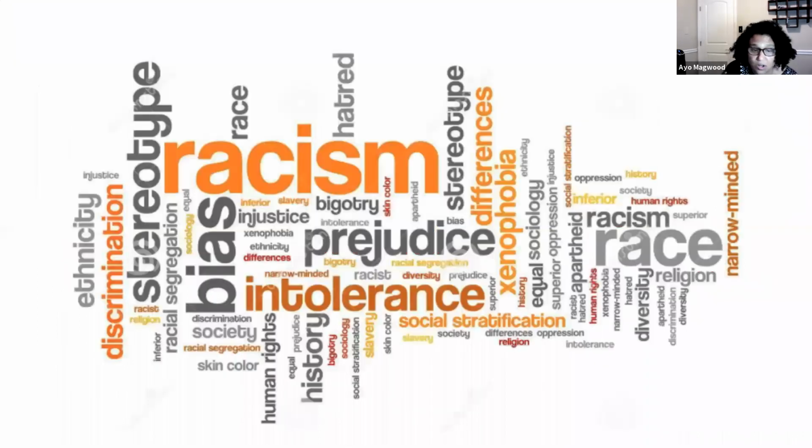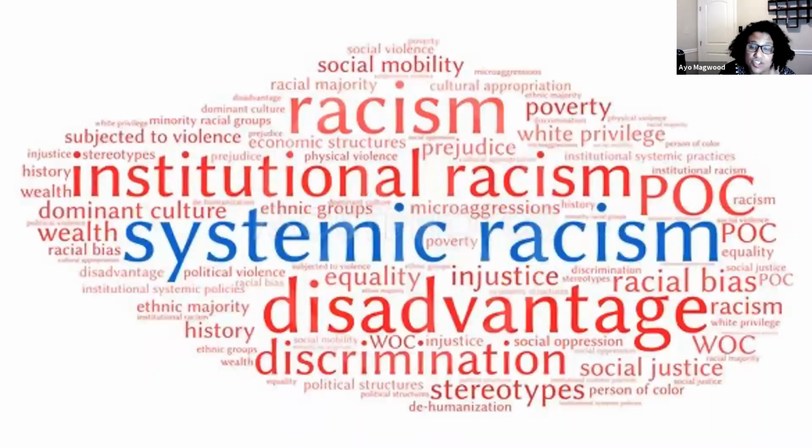So I did a quick Google search, and I Googled racism word cloud, what's it called, thought cloud. And so you can see most of the bigger words are all individual based. So like a big emphasis on bias and stereotypes and intolerance, hatred, bigotry. You notice, I don't know if you could tell, but the emphasis on structural and societal is much smaller. People don't really think of that as much. Narrow-minded, right? This is what it should look like.